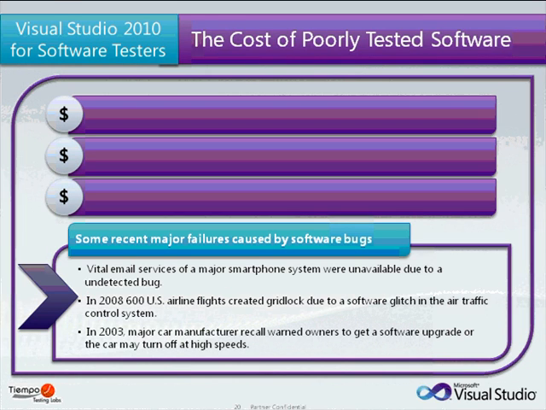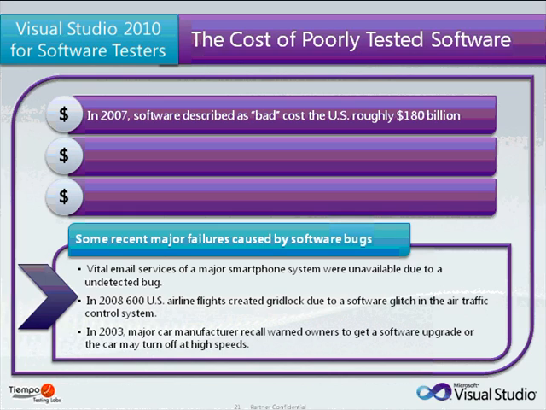The cost of poorly tested software is dramatic in the industry, and as you can see in the bottom here, some recent major failures have been caused by software bugs. Email services of major smartphone systems were unavailable in 2006. Airline flights were all locked up on the runways. There's a major car manufacturer that had a big problem with cars starting to run at high speeds, all due